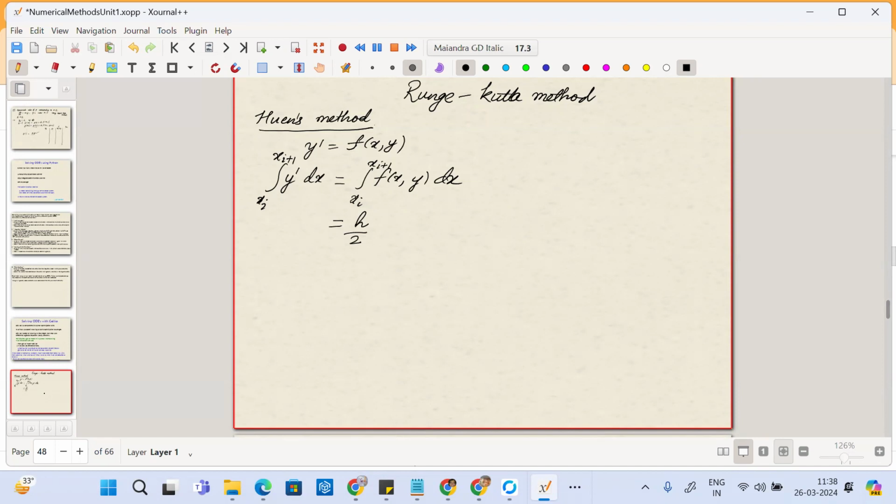The value of f at those two points. That is like the area of a trapezoid: the x length times the sum of the two y lengths. The sum will be f(xi, yi) plus f of